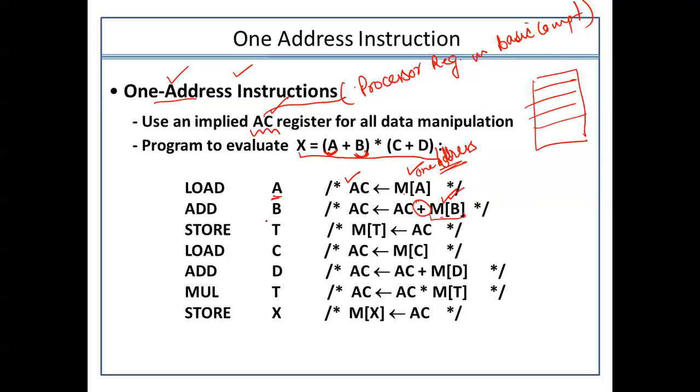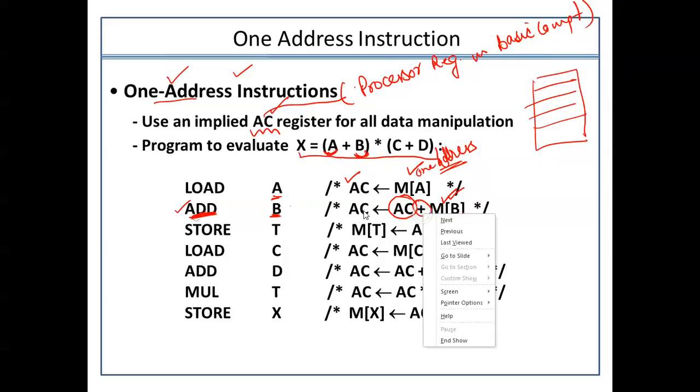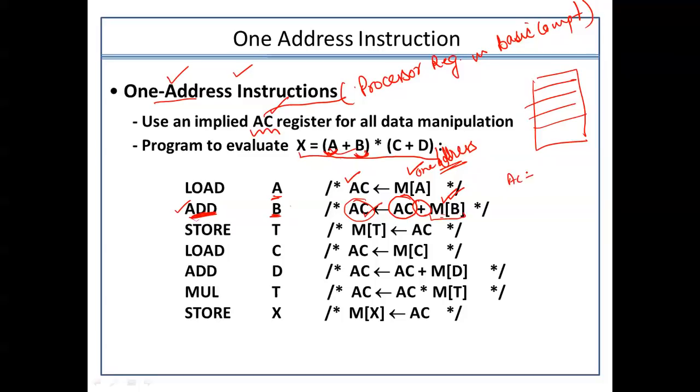That's why in this particular instruction, I have to perform the addition of B, but with whom? With the data available in this accumulator and the operand value stored at this memory address. We will perform the addition and store the data again in this accumulator. So finally, what is the accumulator having? The accumulator now has the value A plus B. Similarly, now I have to store the data of this accumulator to a temporary memory location, because there is only one general purpose register. Now I have to use it to perform the functionality of C plus D.